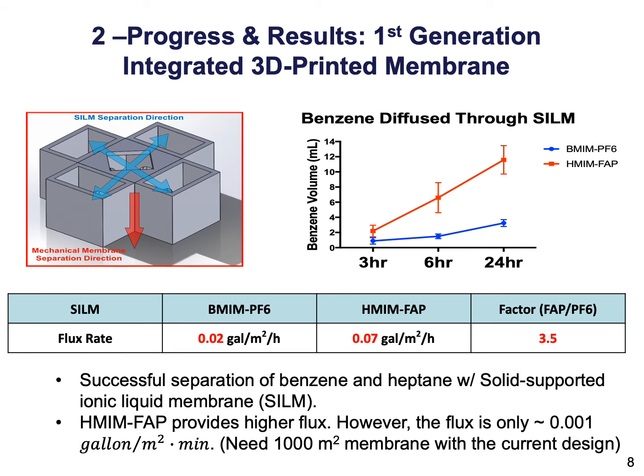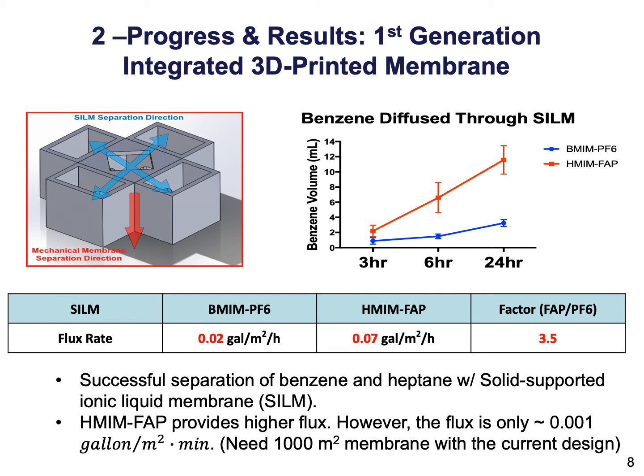After the success of our mechanical membrane separation, we tested benzene separation with supported ionic liquid membranes. Two ionic liquids were chosen to be impregnated into PVDF supporting material to test for benzene separation. With NMR analysis up to 24 hours, HMM-FAP showed better benzene separation compared to BMM-PF6, with 3.5 times faster flux